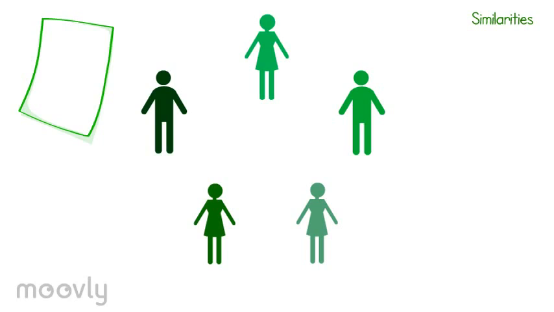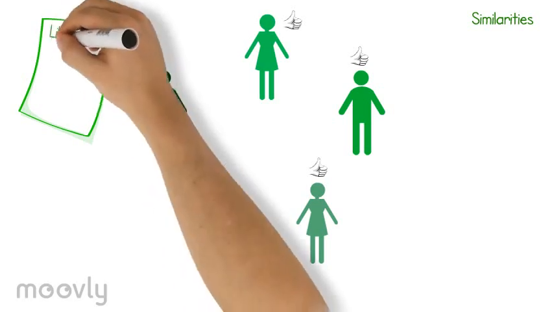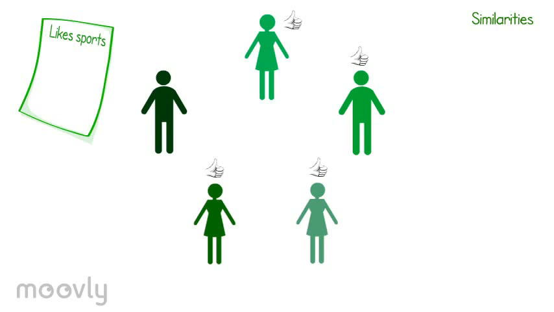Now the participant comes up with, I like to play sports. The group checks with each other if they all like to play sports. In this case, the whole group agrees that they like to play sports. This characteristic will now be written down on the paper, and it's the next person's turn to find a similar